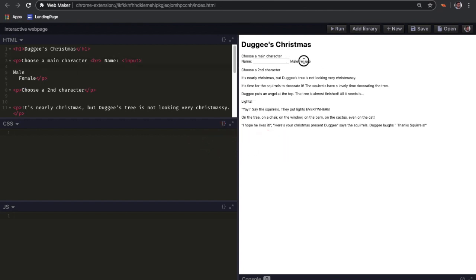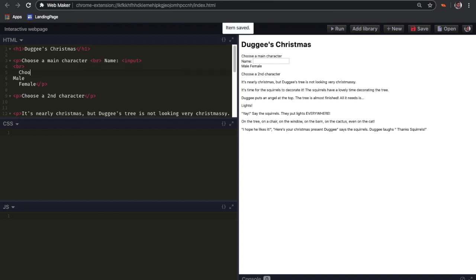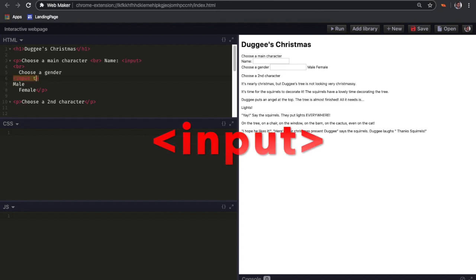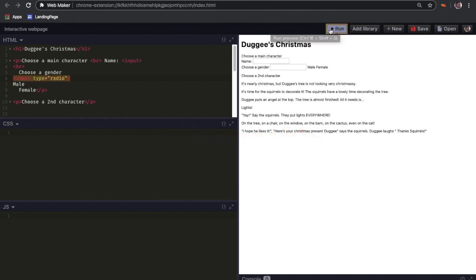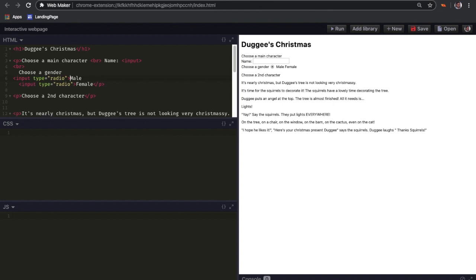and next one is going to be the male and female component, which I'd like on another line. And we might give some instructions here. And to create the radio buttons, if we did this, we'd get another text box. But if we come in here and say radio, we get this little selectable button. So I want to duplicate that for the female. That's good. So now I've got my text box for my name and a radio button to select male or